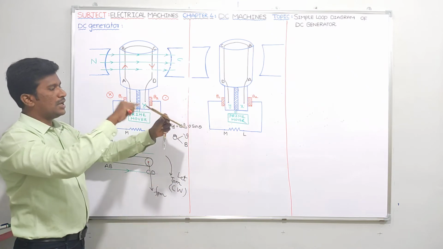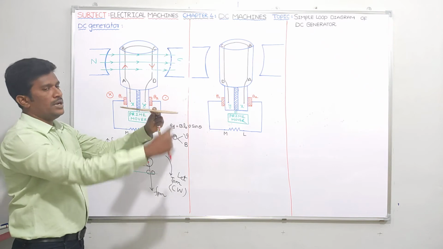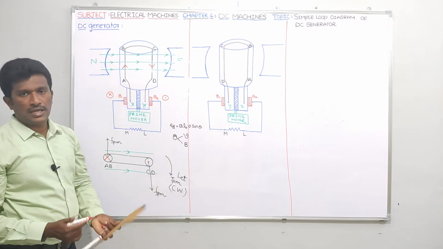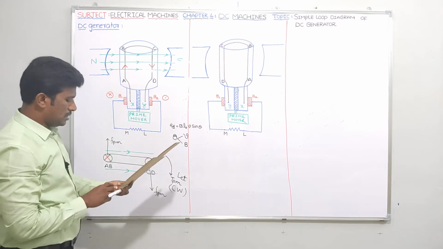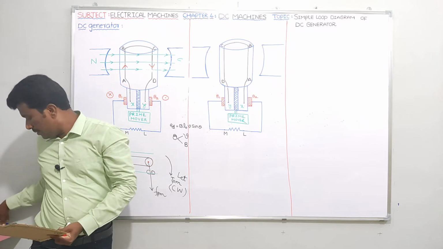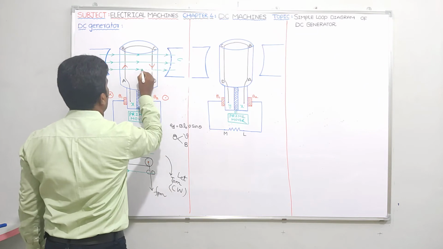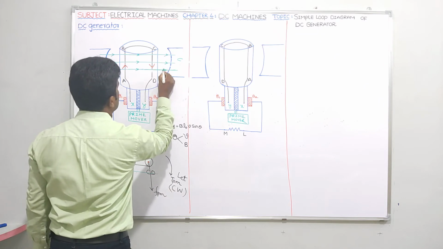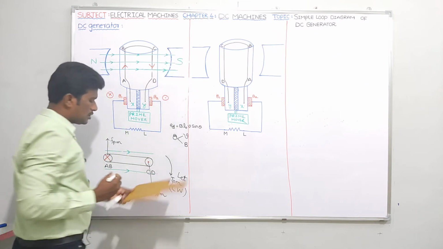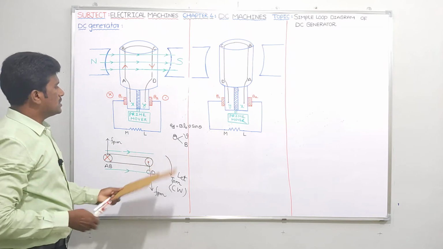At that time at AB you will get direction upwards and at CD it will be downwards. So you will get answers clearly. Okay. Now please, guys, tell me ultimately what is the direction of current in AB and CD. I am asking the direction of current. So what is the conclusion?